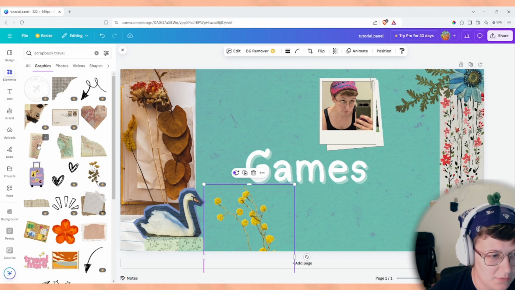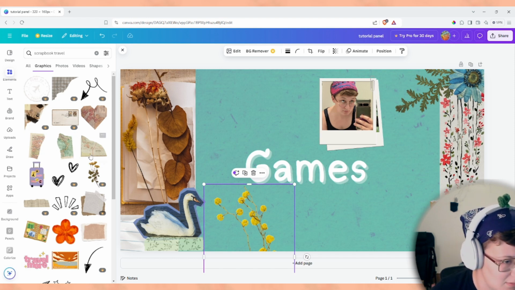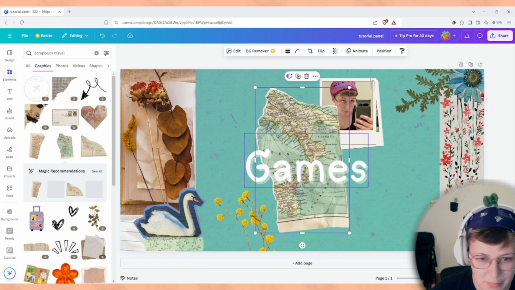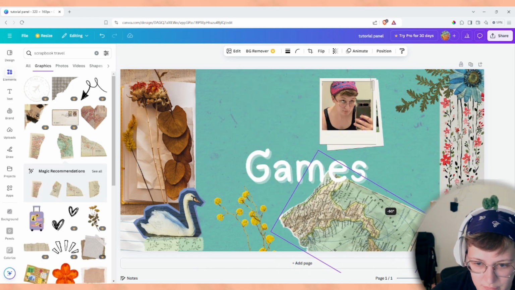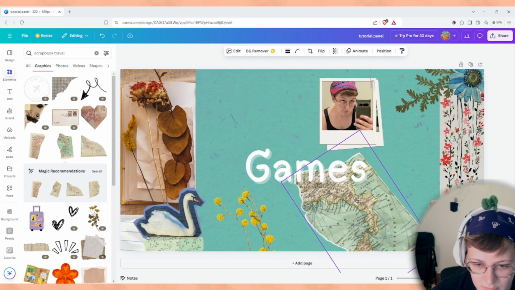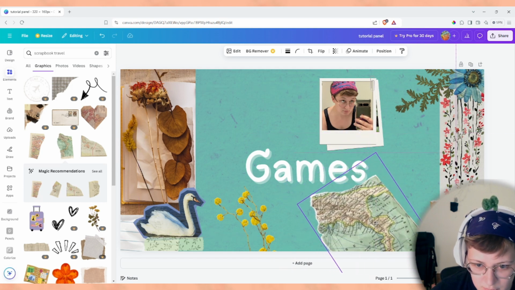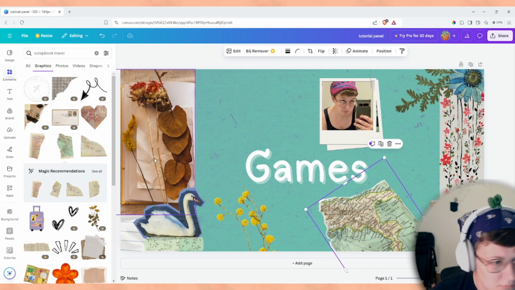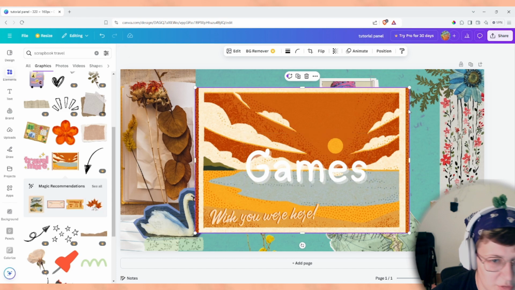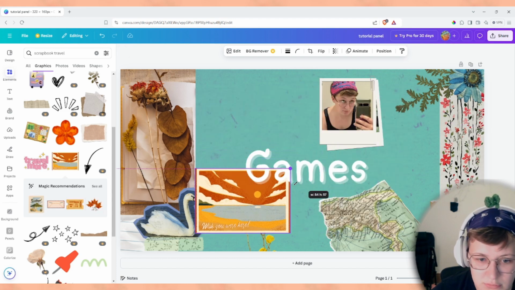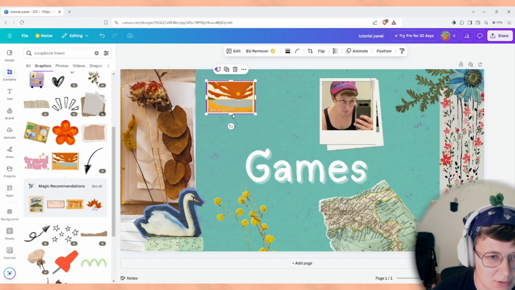This one will give you a lot of map pieces. You could put a map piece. Put this, that looks kind of cool. This is looking a little crazy, but we are gonna fix that.